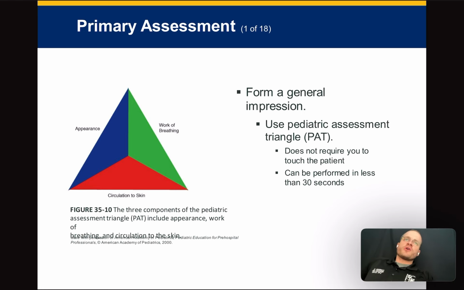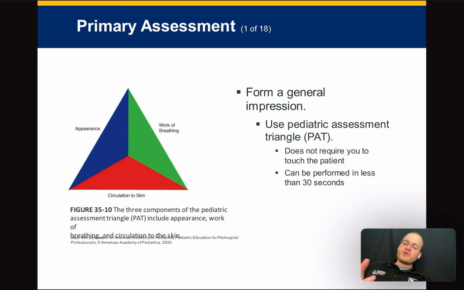And then also, what we're looking at is, okay, what's their appearance? What do they look like? Oh, the kid is sitting on the bed, smiling, playing with his iPad. Appears to be in no distress. They're breathing fine, right? Their skin color looks nice and pink, right? That's a happy kid, right? Or you walk into the room and the kid is sitting in a pile of vomit. He is unconscious and breathing 100 times a minute or 60 times a minute. You'd be like, okay, well, it looks like they maybe just had a seizure or something like that, and they're cyanotic. And so we use this clinically.